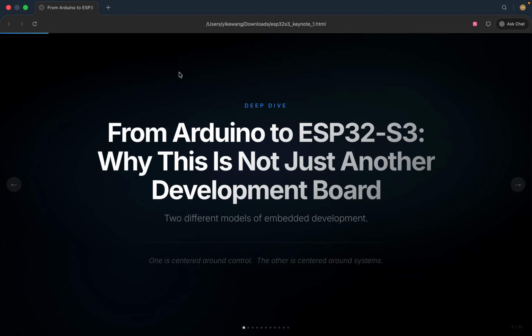So before we started, I really wanna refresh this HTML slide so that it can show you guys how dedicated this HTML the AI builds. So today I wanna share a board that I've recently used in my project. It's called the ESP32, and as you can see, in back there it also has the S3, this board, which I think is a really different version of ESP32, and this video is just kind of an introduction and a